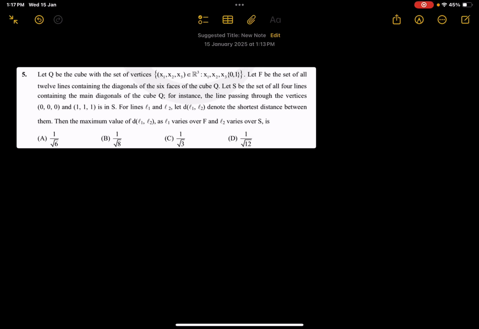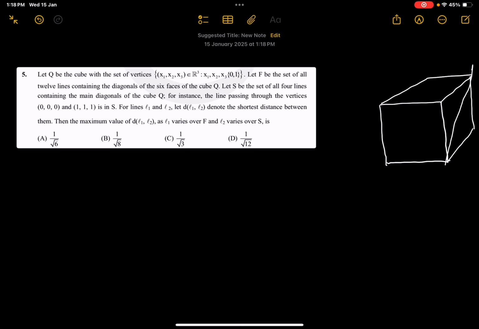So we have a question from geometry, I think. Let's start by visualizing the cube and its diagonals. So start by observing that, let's say this is a face diagonal, this,